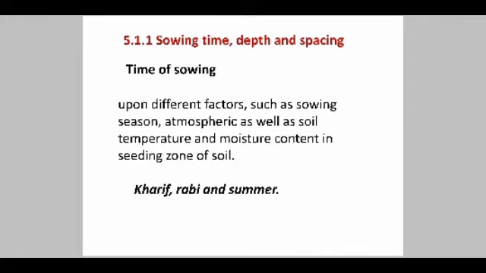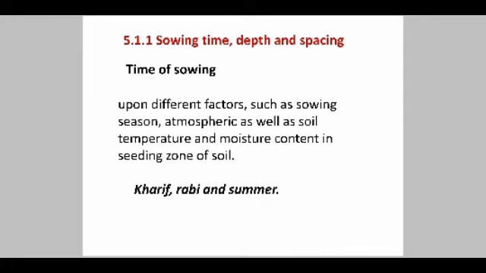Generally in India there are three seasons. One is Kharif, second is Rabi, and the third is summer. Sowing is usually done as per their need. The Kharif crop is usually sown after the regular onset of the monsoon in the month of June to July. Very early sowing may not be advantageous, as it may result in failure of the crop due to a prolonged dry spell. In certain situations early sowing may be advantageous, particularly for Rabi crops.